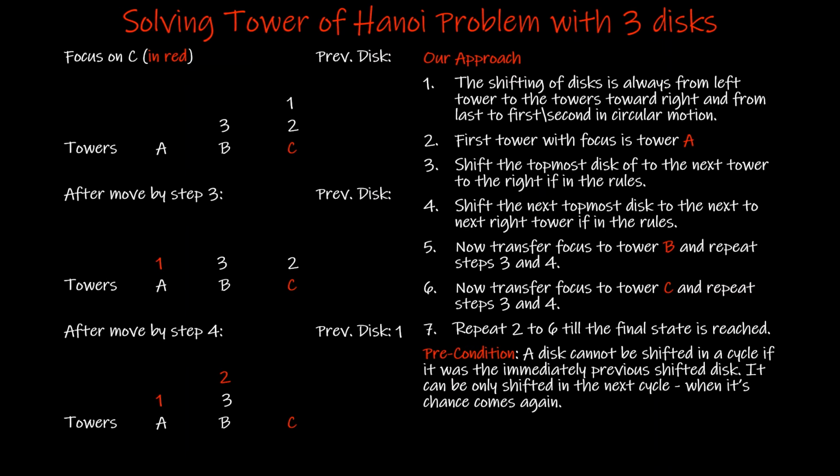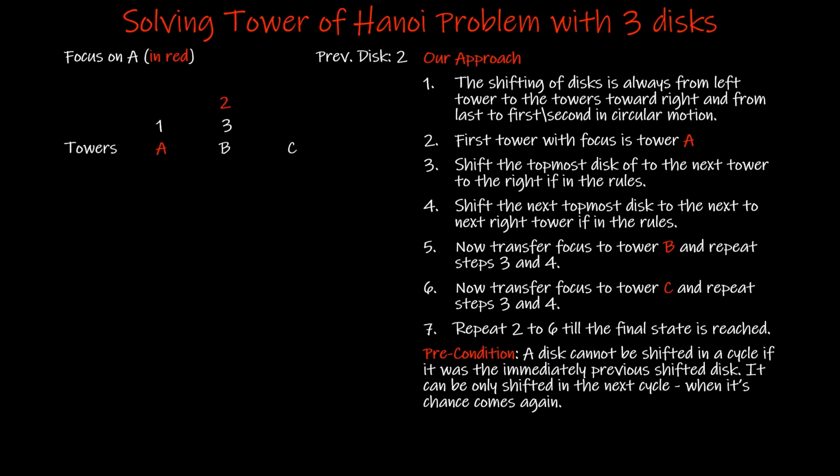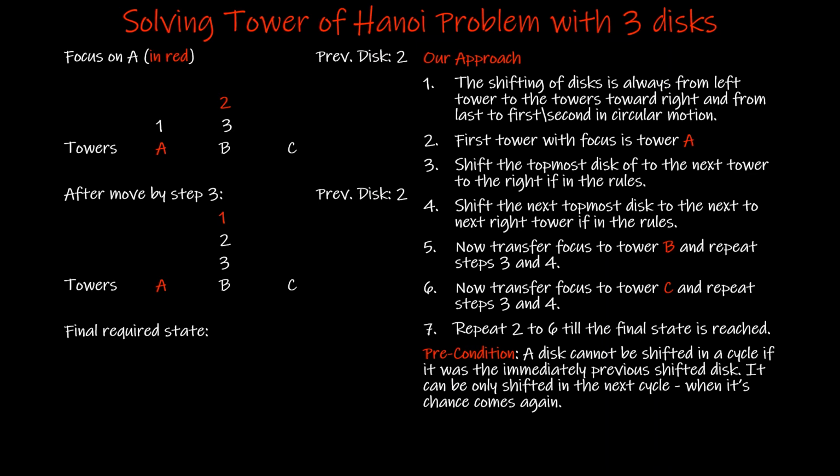C no more has a disk, and therefore we have to move our focus back to A. So we go back to A. We have this particular arrangement where A is in focus. We have disk 1 on A, and therefore, according to step 3 or rule 3, we do the shifting of this disk 1 onto B. Okay. And this, in fact, is the final arrangement which we wanted. And so we could shift all the disks from A to B, and in the ascending order of their sizes by using the lateral thinking approach.